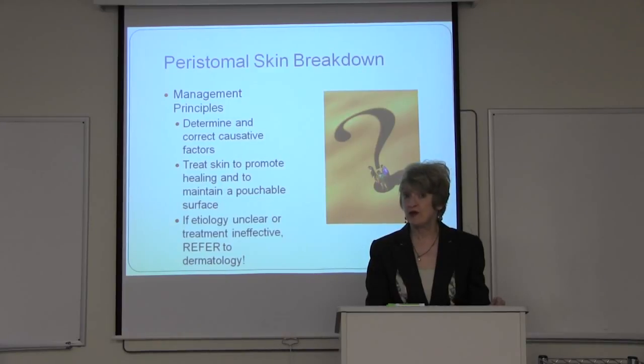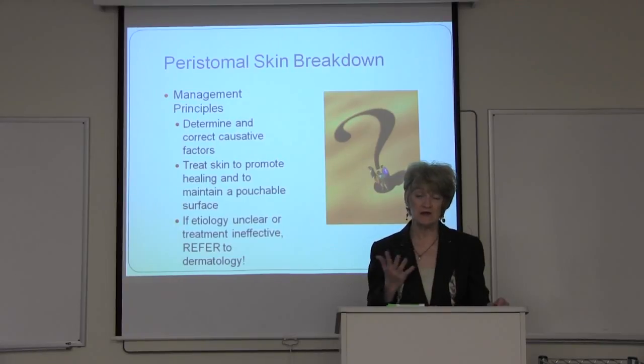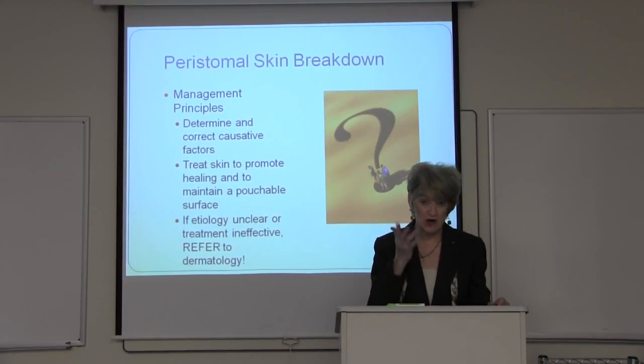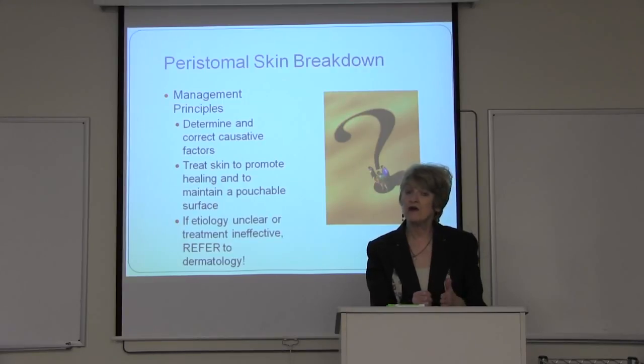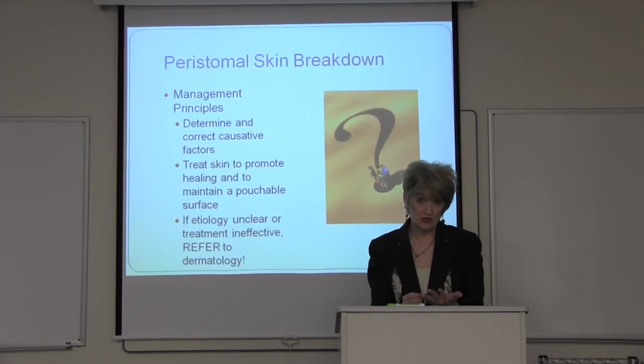Most of the time that's appropriate, because most of the time whatever problem they're having relates to damage from the drainage, damage from one of the products they're using, incorrect technique, whatever. But sometimes they have a peristomal skin condition that is totally unrelated to the stoma. So I'll say this now, I'll say it again at the end. If you're evaluating a patient with a peristomal skin problem, you have no idea what it is, or if you thought you knew what it was and you initiated appropriate treatment and they didn't improve,